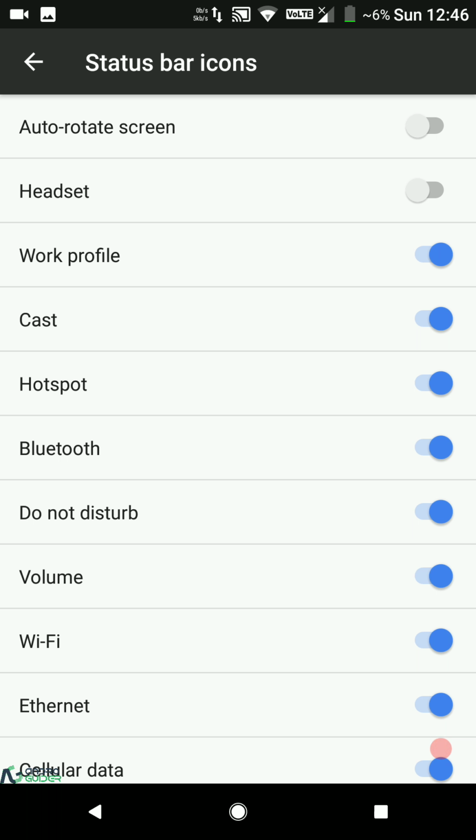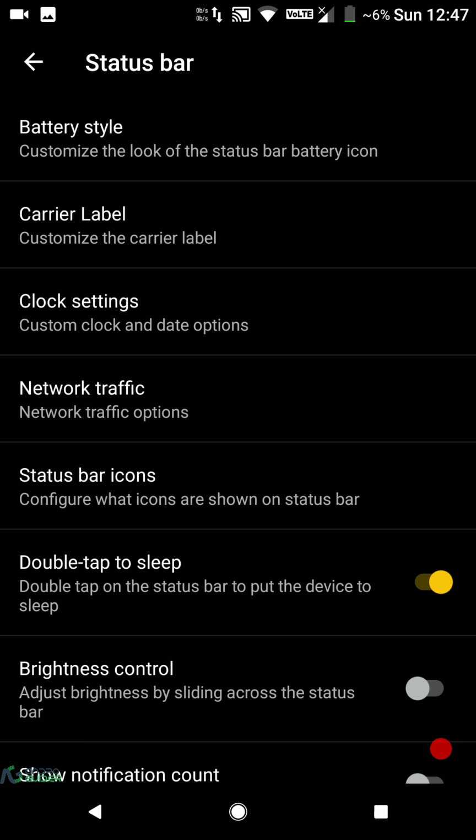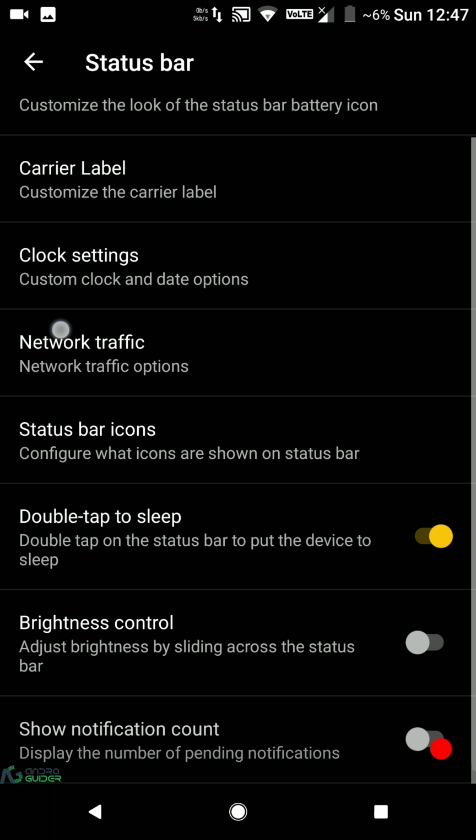Status bar icons. So from in here, you can enable or disable any icon which you don't want to be shown in the status bar. You can see that I am enabling and disabling the Wi-Fi icon, and accordingly it appears or disappears from the status bar. Then we have got double tap to sleep on the status bar, brightness control, show notification count,